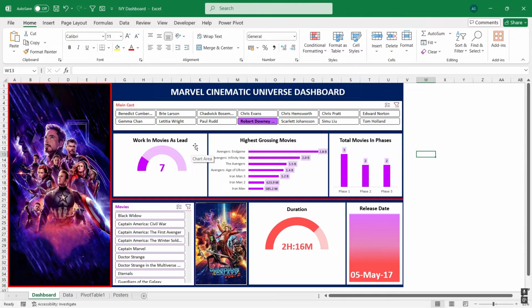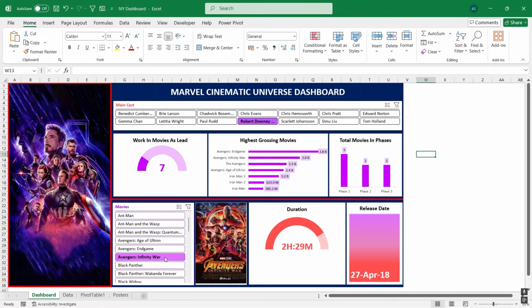Then if you want to explore these highest grossing movies in more detail, for example, let's say I want to know more about Avengers Infinity War. So I simply need to find it in the slicer. Once I click on it, you can see the movie's poster, its duration and the release date.